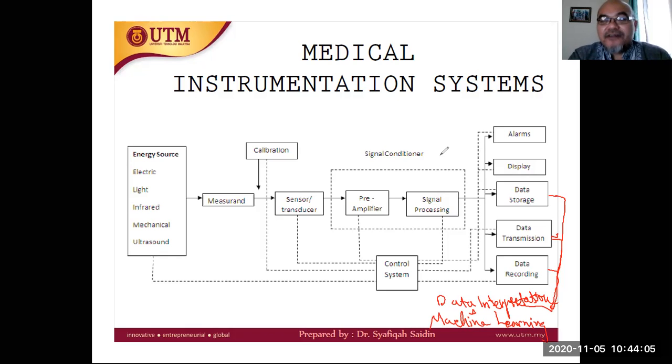Like it or not, the trend is towards that direction, because as we know, the number of doctors, especially in our country, in a developing country, is not that many. The ratio between doctors to the population is very small. Then, like it or not, we need to automate some of the functions of data acquisition, data storage, including maybe